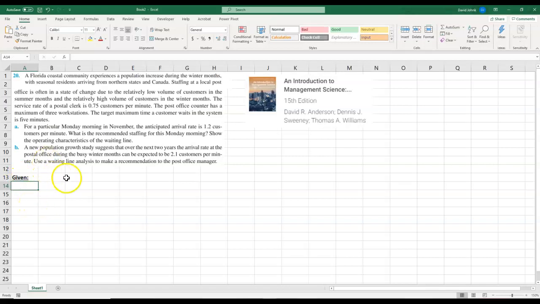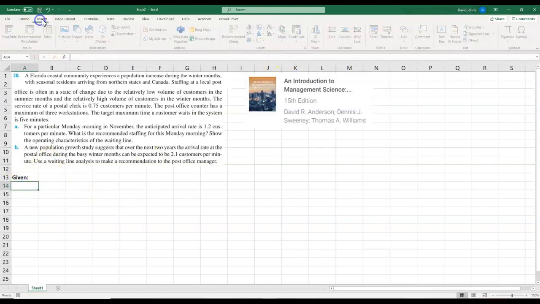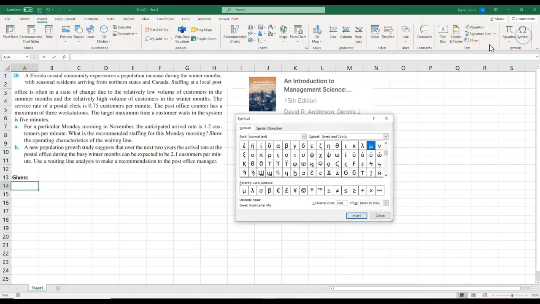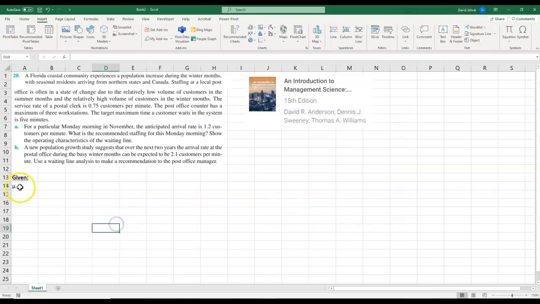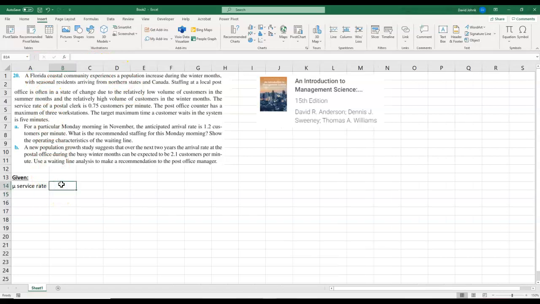So I'm going to go ahead and insert the symbol that the book uses for service rate, which is mu. Okay, and this is service rate. I'll put it behind it. And so it says the service rate is 0.75 customers